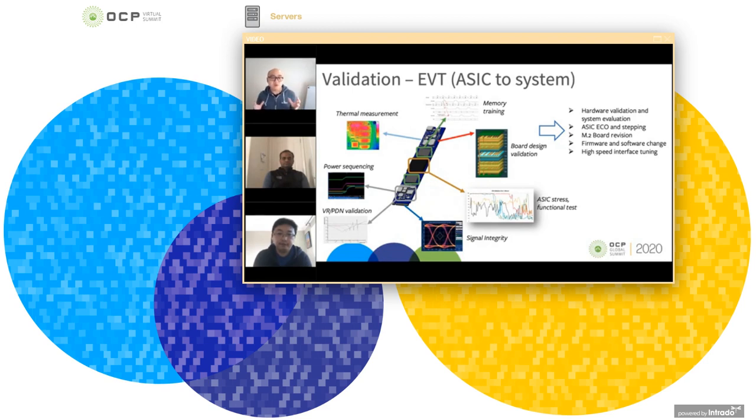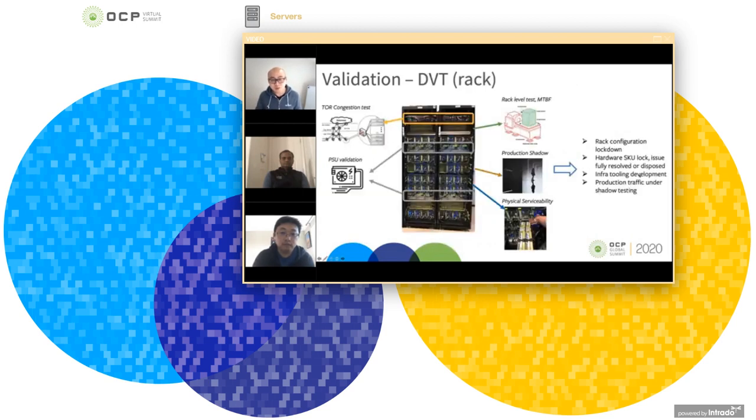So once the hardware is relatively in the stable phase, we move on to the next phase, which is what we call development validation time. So in the DVT phase,